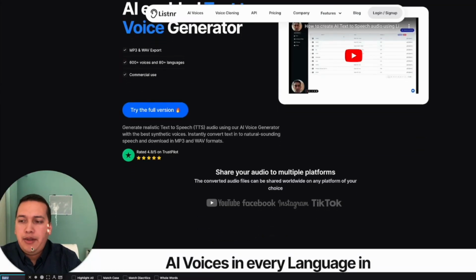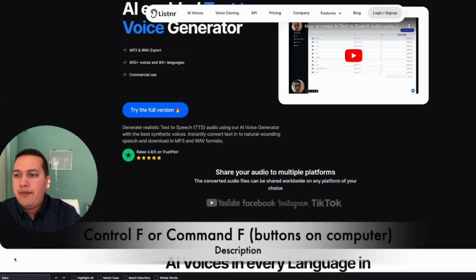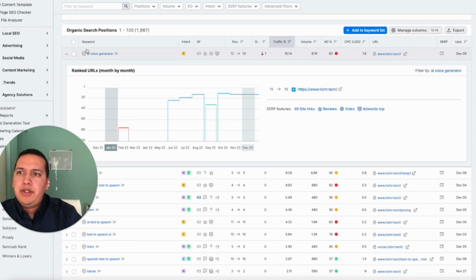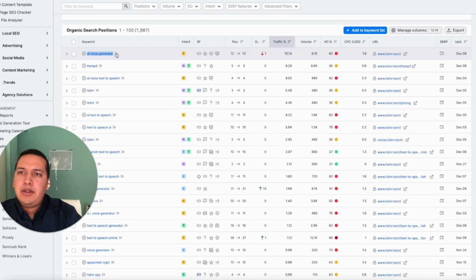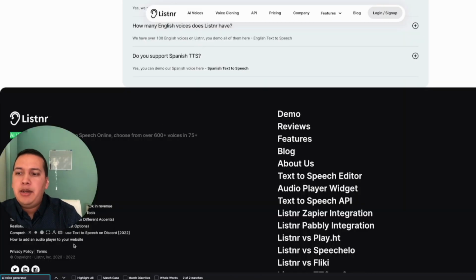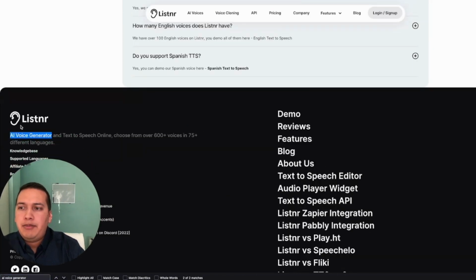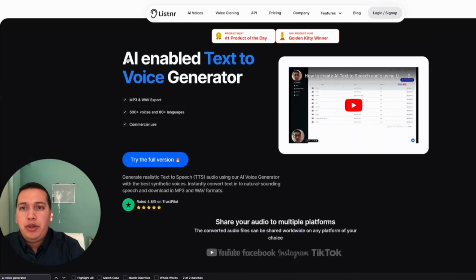And if I use a Control F or a Command F search function, I could paste that in here. Actually, let me copy their keyword here. AI voice generator, copy this. I could see how many times they're actually using this. So they're using it down here, and they're using it right there. But perhaps their main keyword is all this here. So I'm going to copy that